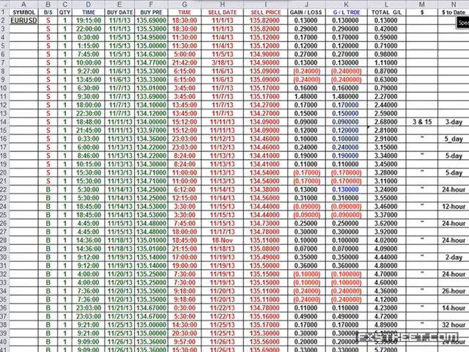This is a benchmark spreadsheet for euro US dollar on our day trade method, and you can see we're trading a 3 and a 15-minute chart right there. It's taking the signal on the 3, managing the second half of the trade on the 15-minute, and this is a benchmark of our day trading method.